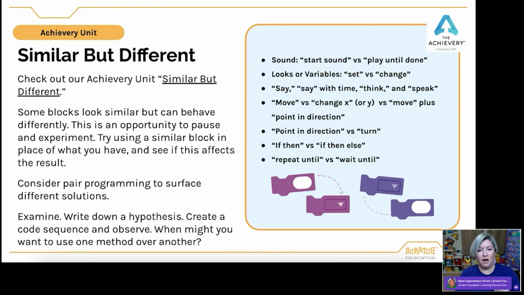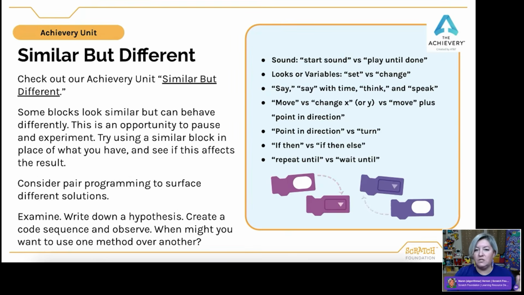Now it is time for observation. So now let's drag the blocks out to the script area and try running them. And then what differences did you observe? Was your hypothesis correct? And there's also the part of this that is use cases, because each block could be